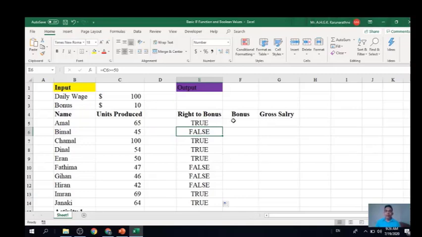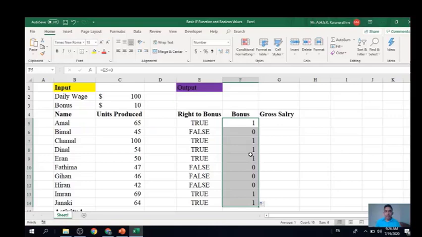How can we verify this? You know, when you add 0 to any value, you get the original value. So we'll add true with 0. You can see the answer is 1. Then you can just copy this to the others. Then you can see that for true you have a value of 1, and for false a value of 0. So it means true has a value of 1 and false has a value of 0, right?